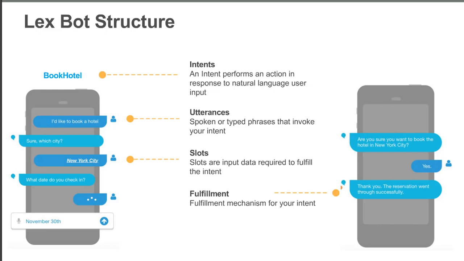Well, that's all good, but a good user experience still needs solid design, and that's where you come in. Developers need to think about things like clarity, spontaneity, and competence. For example, are the prompts consistent and clear? Can the bot handle changes in flow? I mean, people don't always speak in the same order that you'd like them to speak. And what about errors, and how are those handled?